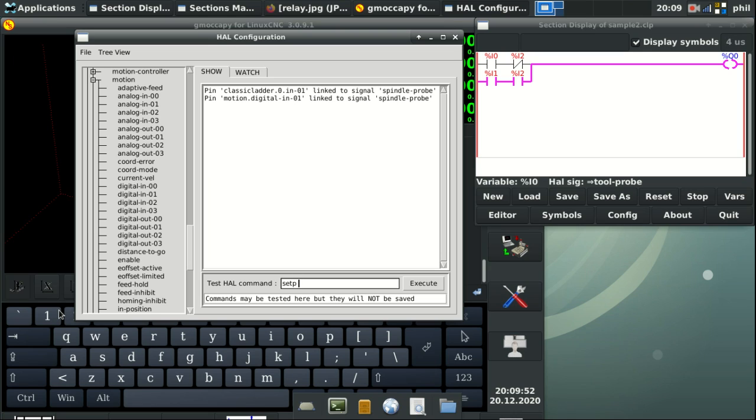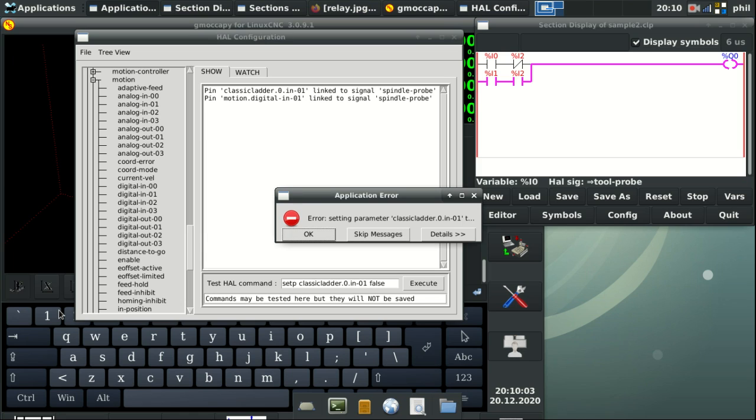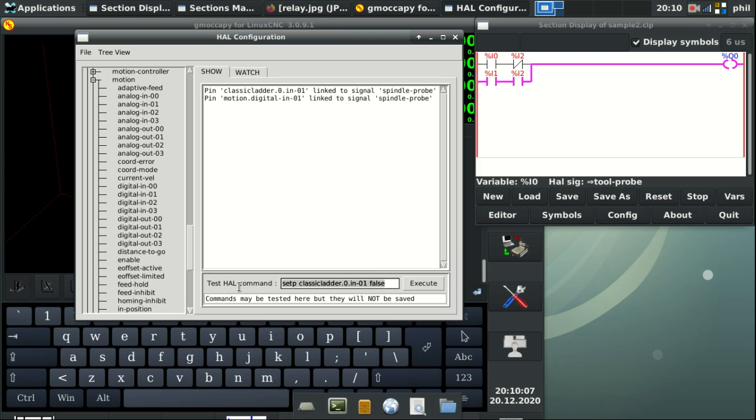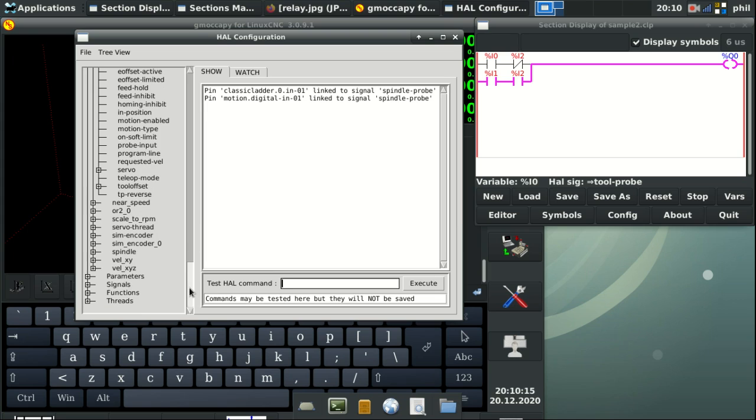Now the set P is not going to let me change classicladder.0.in-01 to false. It's going to give me an alarm. Now that we have a completed net signal, we now have to change 0 and 1 by their signal names. If we go down to the bottom and we look at our signals,